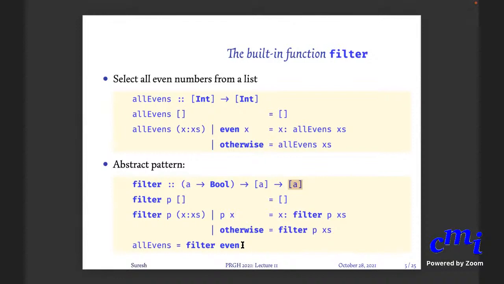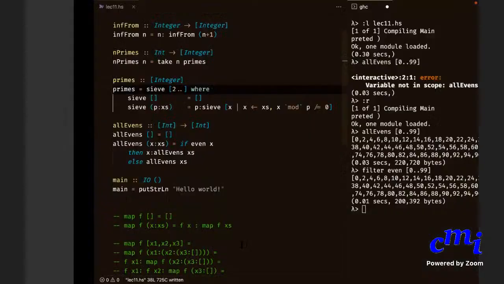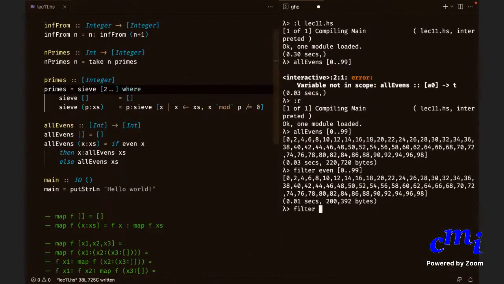I don't understand. So you want to apply filter even on a list of characters or something like that? Let me see if I understand you. You're saying that I can do filter even of 0 dot dot 9, but I can also do filter is upper.